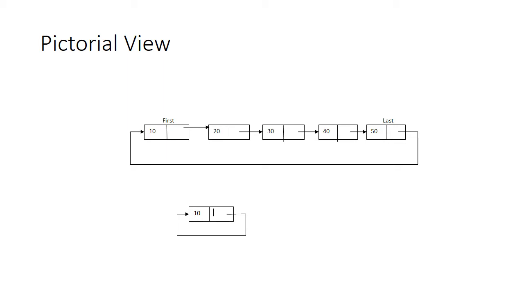When I create a fourth node, the pointer field of this one will be pointed to the first node. That is, the pointer field of the fourth node will store the address of the first node, and this will be treated as last. When I create the fifth node, the same thing happens. The pointer field of this node will store the address of the first node, and this will be called last. In this way, last will get shifted, provided you are inserting the element at the end.